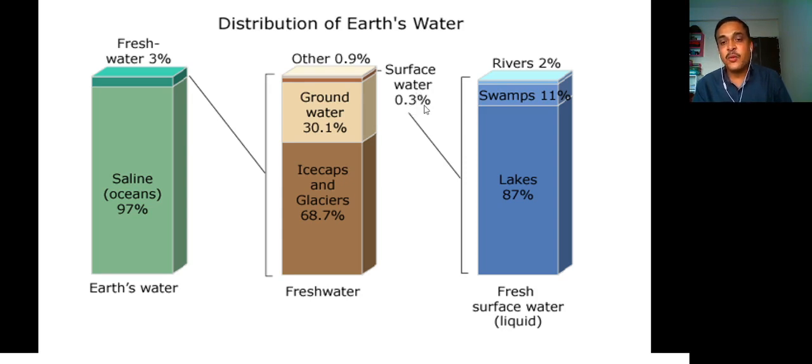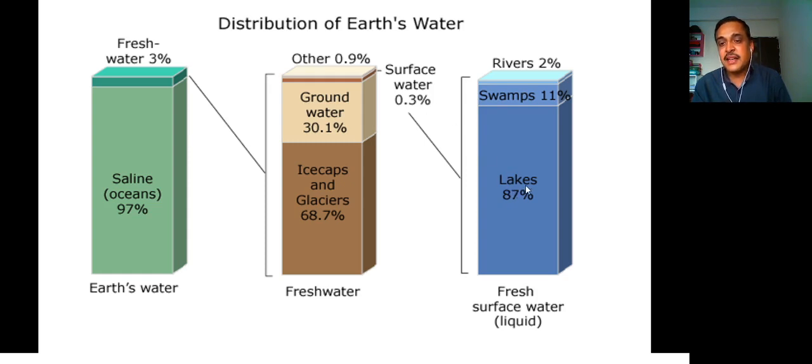The fresh surface water is in the form of liquid, meaning it doesn't include the water in the form of glaciers, snow caps or ice caps. It is only the water which is freely available in a liquid form, and out of this